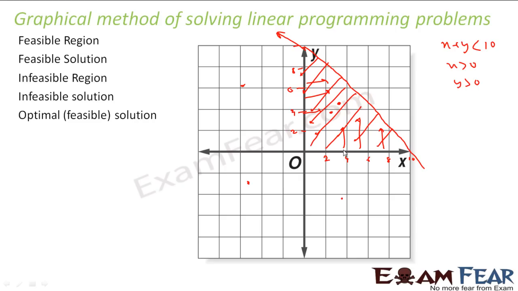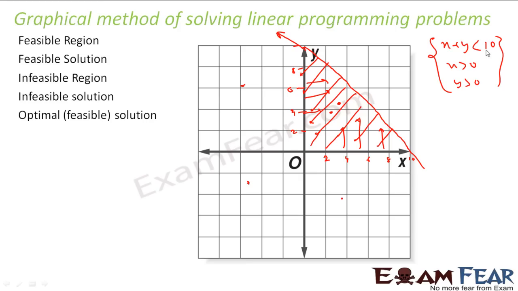And the optimal solution will always be in the feasible region. That is, the optimal solution will be part of the feasible solutions. Correct? So to find the optimal solution, what we do? We draw the graph of all the constraints. We get one area that is common to all these constraints, right? And whatever area is common to all is my feasible region. So in this example, I got a closed area. Sometimes we even get an open area.